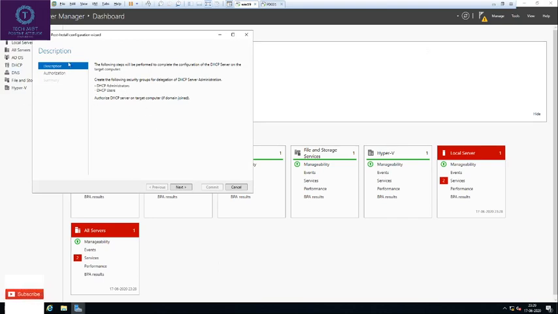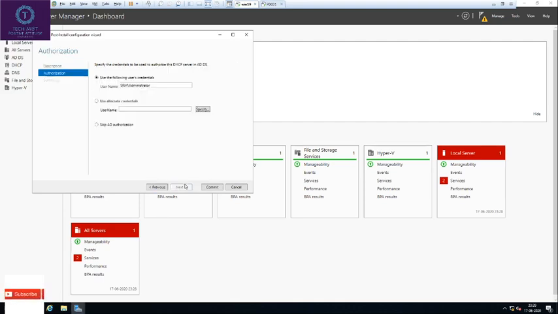Here it shows the options of what we are going to do. Hit next. It's asking for the user who will be authorized for making changes, or the administrator for the DHCP server.